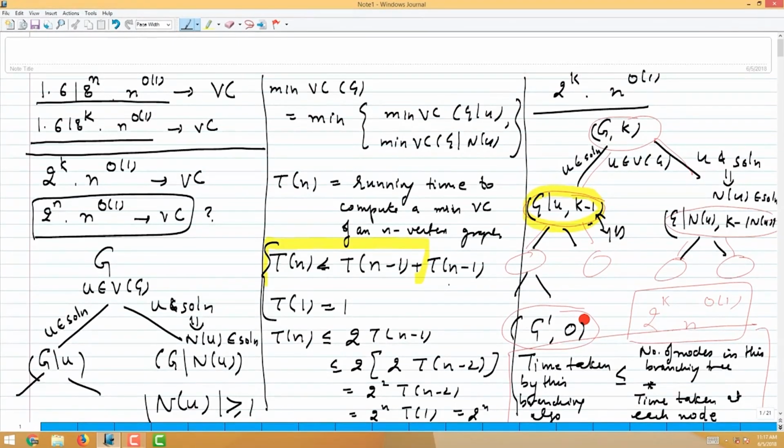No, wait, think about it. Why is it not correct? So we are in this algorithm now. You are saying in this algorithm, let us delete u with the neighbors of u. Okay, wait, sorry. So